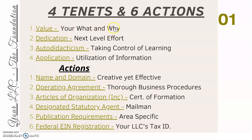You have your what and your why, what you're doing and why you're doing it. Now this is how you are doing that, and you are going to go through every little step because this has to be very thorough. And if you ever look at anybody else's, we're going to look at examples of operating agreements, and they might be lengthy, but we can just take that information and present it in another way where it's very easy to